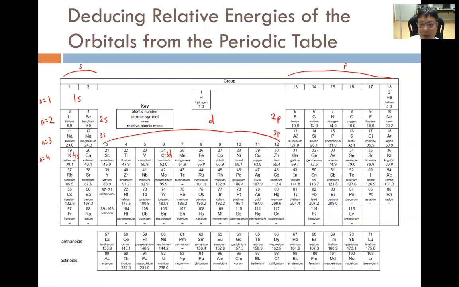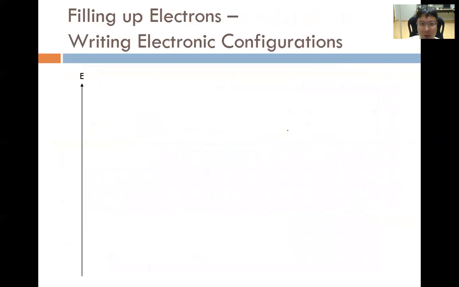And finally, we have the next highest energy orbital, which is 4p, which is basically what is required for A-level students to know. So you need to be able to arrange the relative energies from 1s all the way to 4p. So if we were to write it up in this way, whereby this axis is the energy level, we have the 1s orbital at the bottom, then followed by the 2s, followed by the